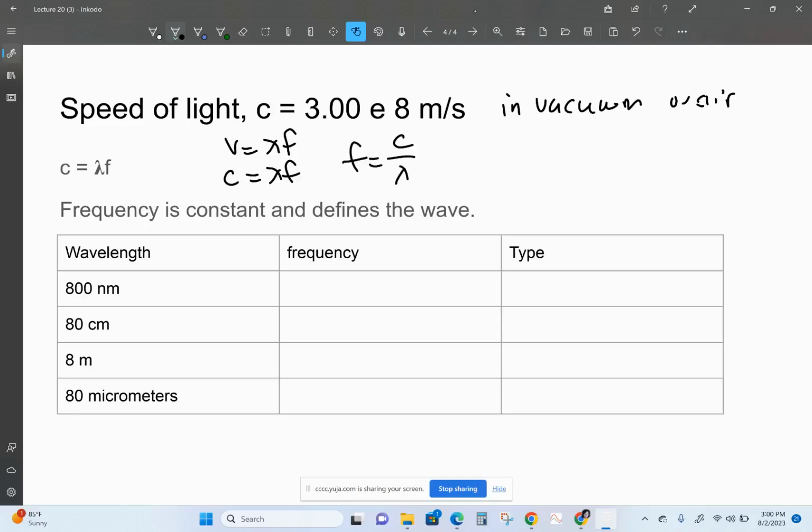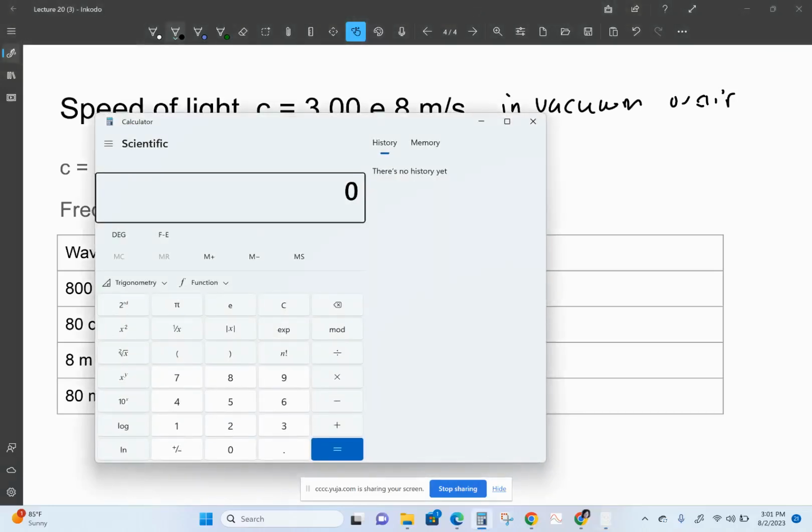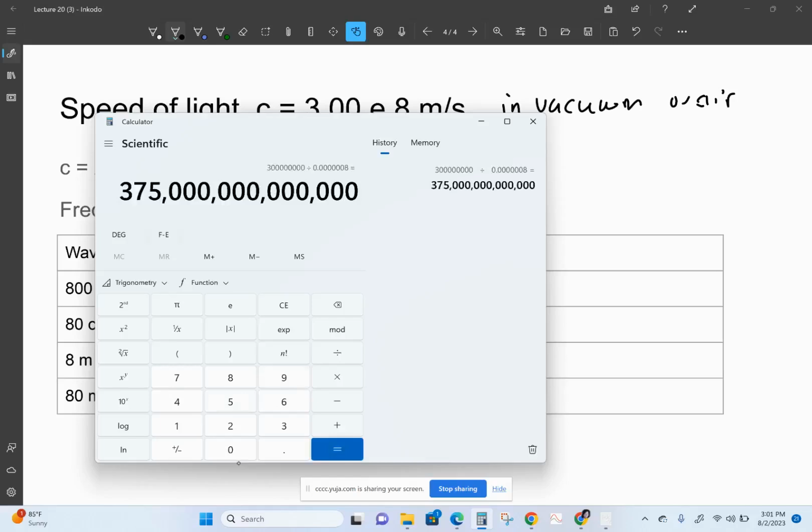So, for example, if I wanted to find the frequency of a wavelength of light that's 800 nanometers, it's going to be 3e to the 8th meters per second divided by 800e to the negative 9 meters. So once again, you have to know your prefixes in this course. So if I put that in there, it's 3 exponent 8 divided by 800 exponent negative 9, and I get a frequency of 3.75e to the 14